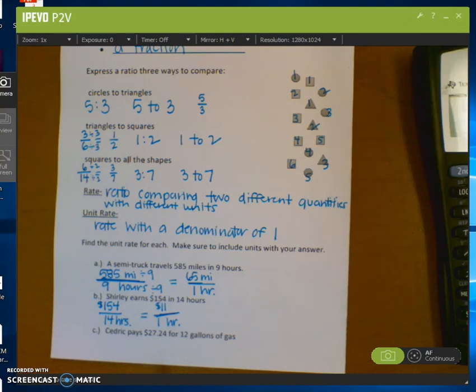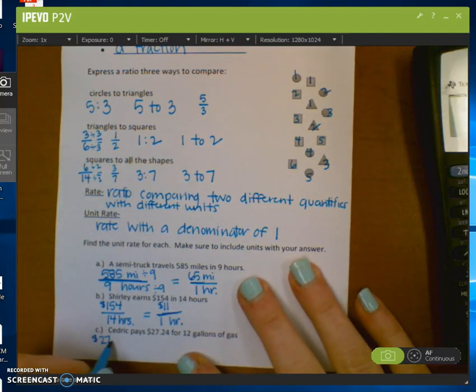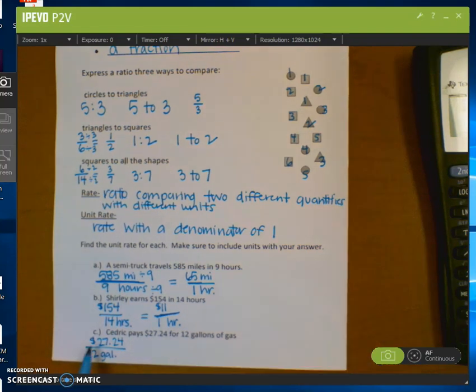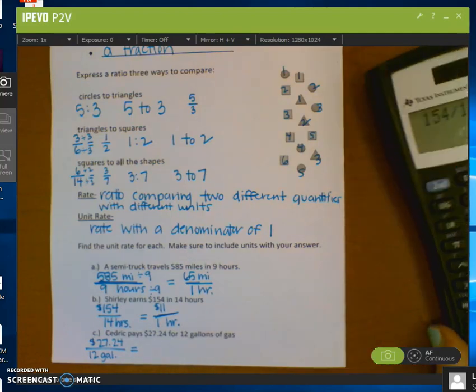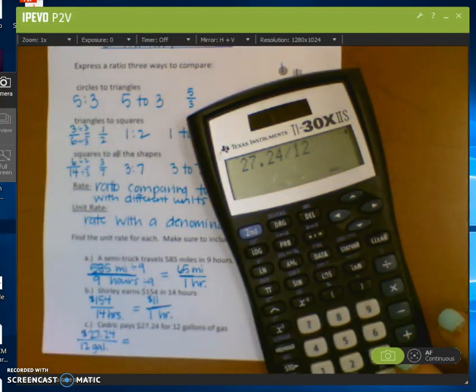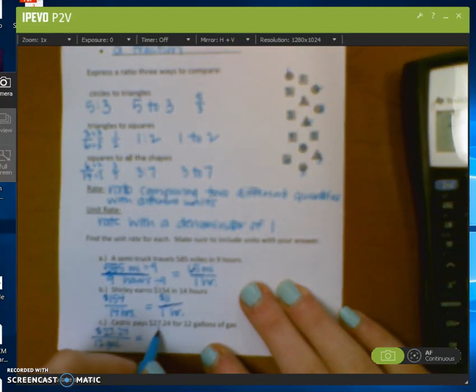So this last one says Cedric pays $27.24 for 12 gallons of gas. They want a unit rate. So I'm going to put $27.24 over 12 gallons. Again, I'm going to include my labels. This is a rate because it compares two quantities with different units, dollars and gallons. To make it a unit rate, all I have to do is divide my numerator by my denominator. So I'm doing 27.24 divided by 12 gallons, and that gives me my price per gallon, which is $2.27